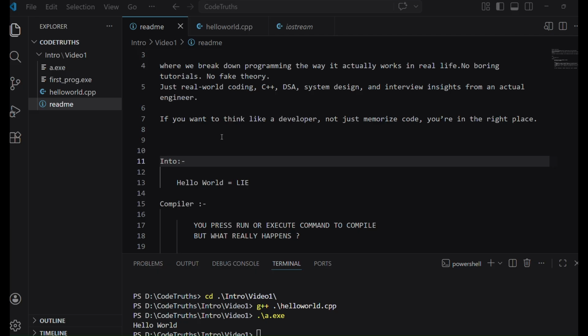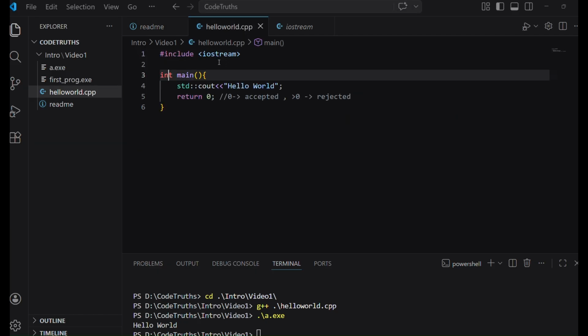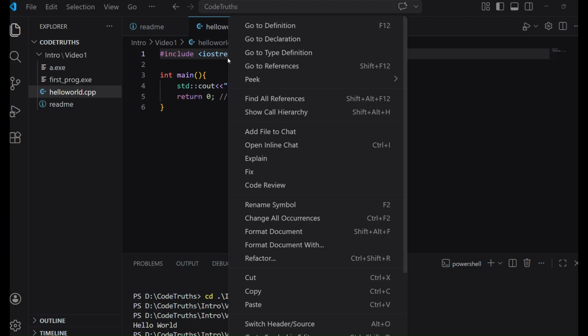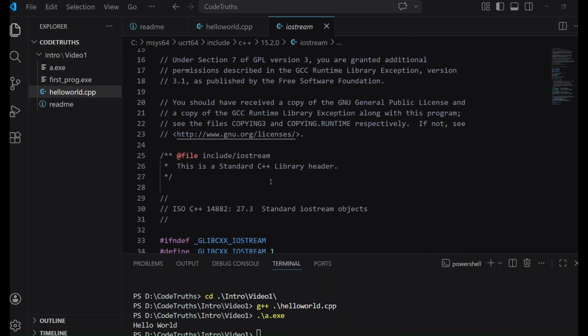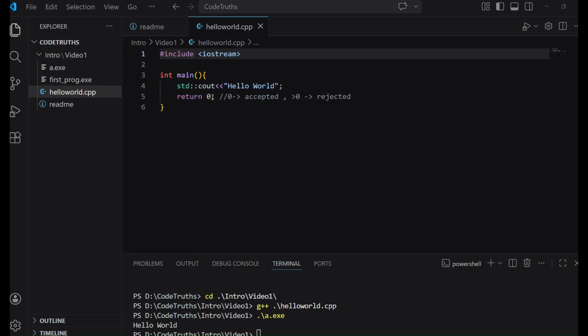So let's start. I told you in the beginning of the first video, this iostream, whenever you click on this, it will show you many things here, right? These all are actually included here when it starts compiling.